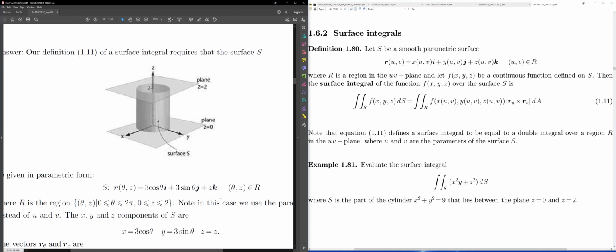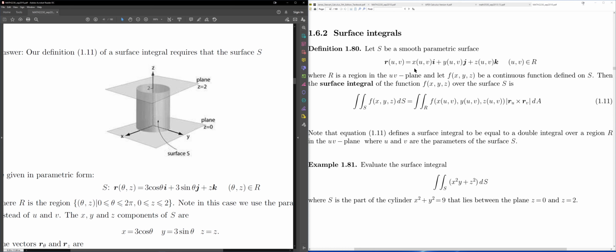This is a parametric description, and the parameter values need to lie in R. This R is a rectangular region. We talked about this when we looked at parametric surfaces. So if I have a parametric surface such as this one over here,